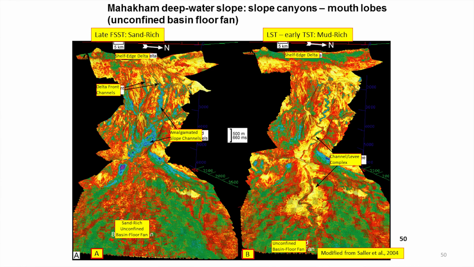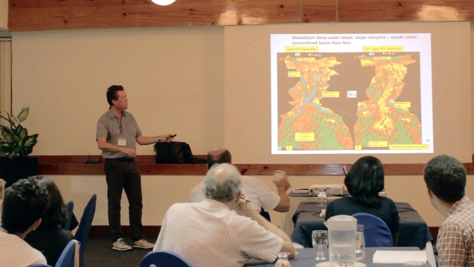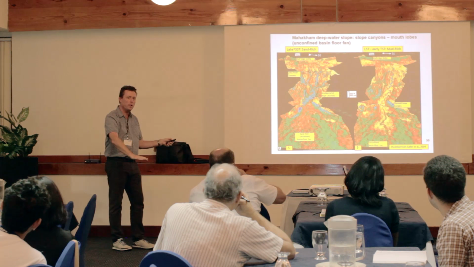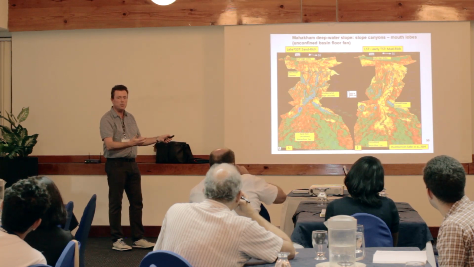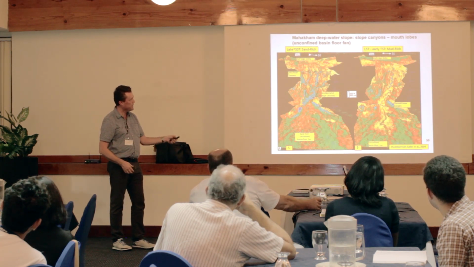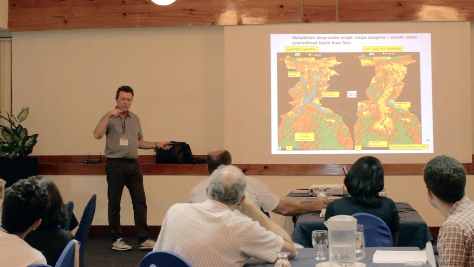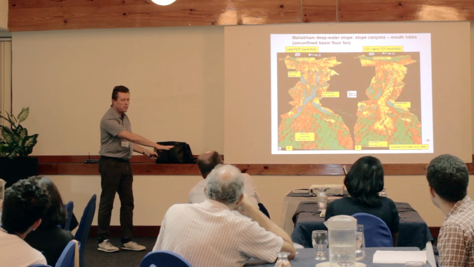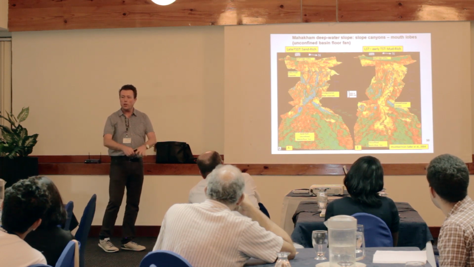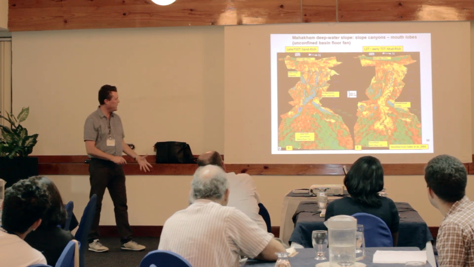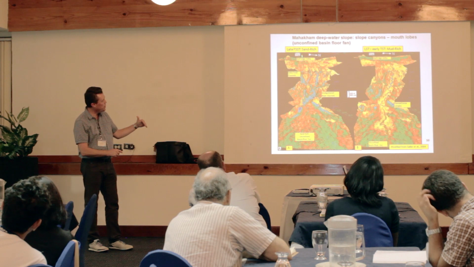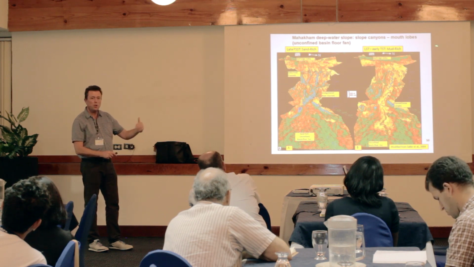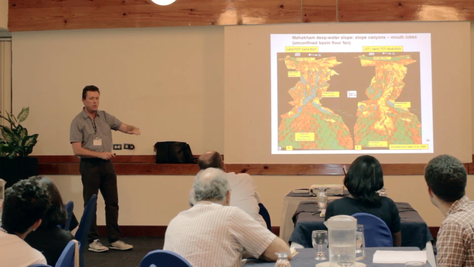So sand is starting to be sequestered on the outer part of the shelf just as sea level is falling. However, not yet, because sand is still bypassing the shelf edge from inside valleys into canyons and gullies, but right down the slope and depositing as these sand-rich, clustered frontal splays. And as you continue with the sea level to the start of the low stand, so falling stage to low